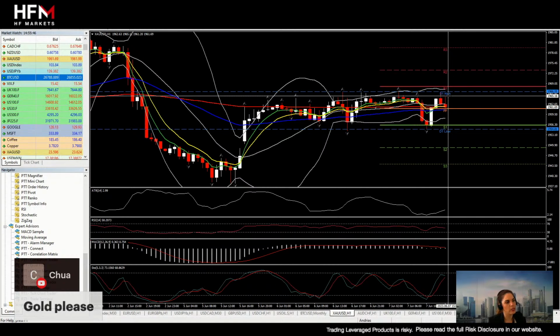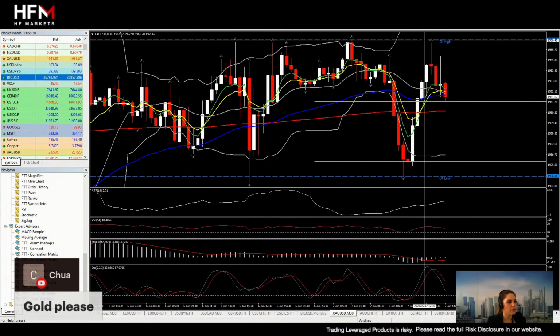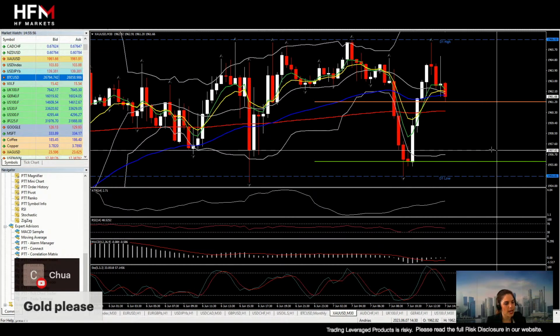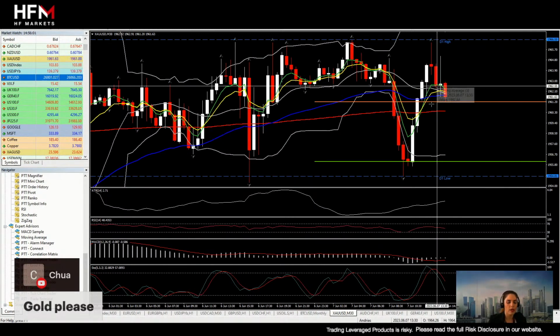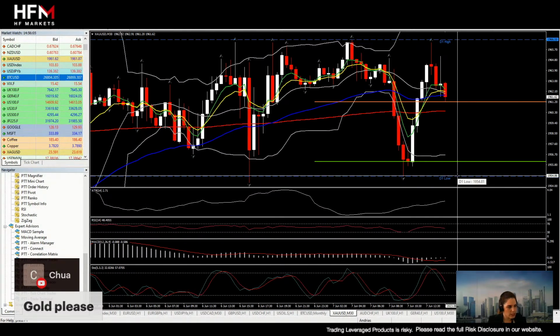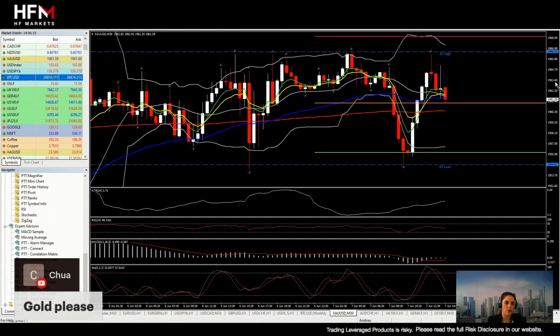So what does a ranging market mean? It means that if it presents a pullback away from the top of the range, then we might see it turning back down and retesting the low of the range, and so on and so forth. You can still trade a ranging market if you want, but there are different strategies that you need to follow if you are in a ranging market.